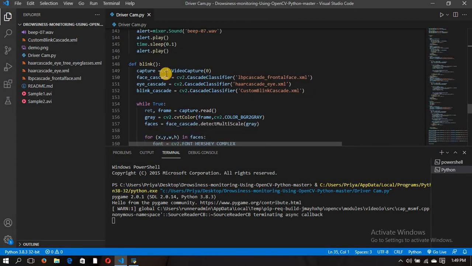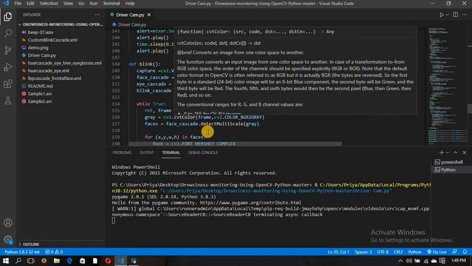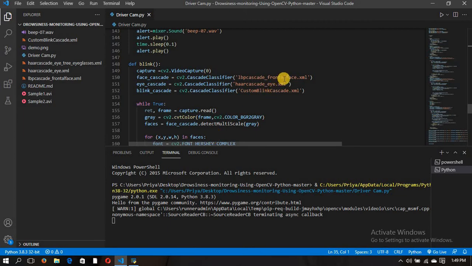Then define a function blink. Here we have to pass the custom blink cascade.xml file. In this function, if our eyes are blinking, it will detect it and call the alert function. Then the alert function will start playing that audio file.